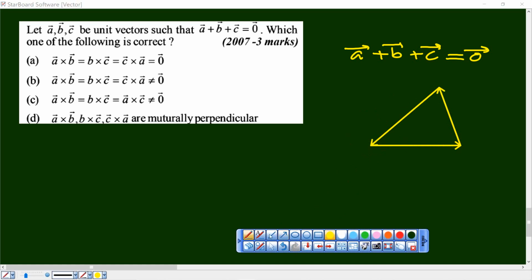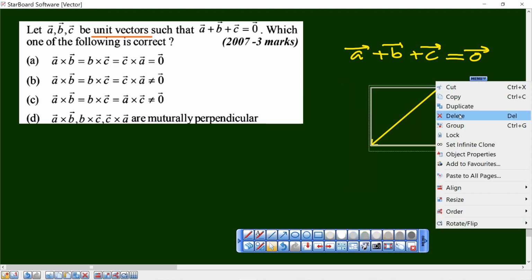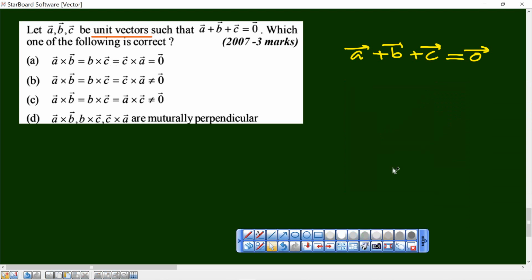Having said that, if this completes the triangle, now the task becomes all the more easy for you here because all the three vectors are said to be unit vectors. That means it will make an isosceles triangle. Oh, sorry, an equilateral triangle. They're all unit, all the sides are equal, that's why it will make an equilateral triangle. That means A, B, C must be arranged something like that. There will be sides of an equilateral triangle having all sides equal to 1, 1, 1 each.